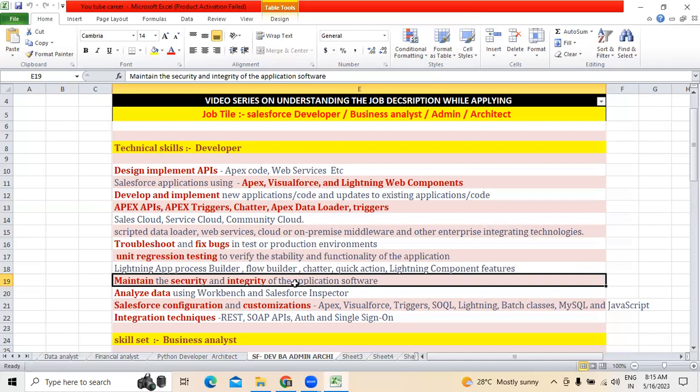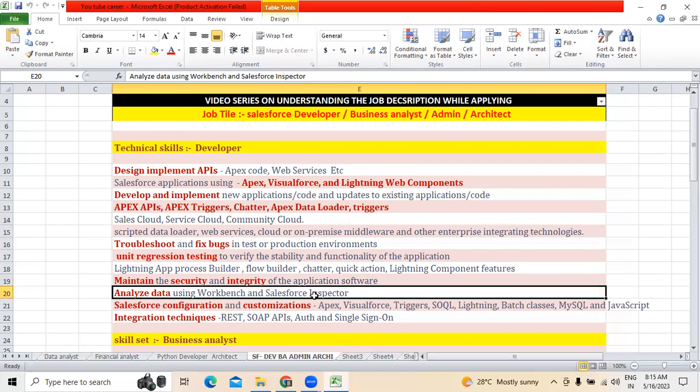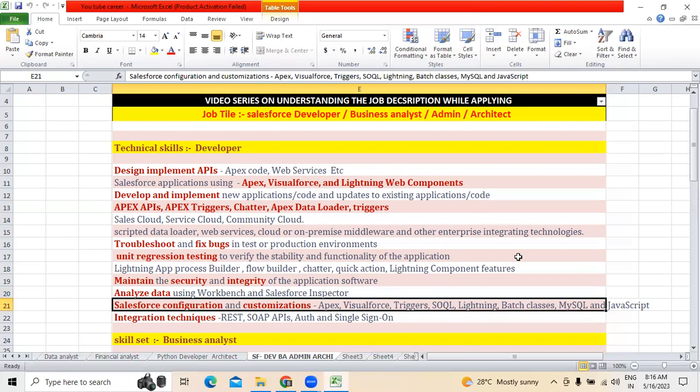Followed by this, one should have experience analyzing the data using different tools like Workbench or Salesforce Inspector, all that. Apart from that, Salesforce configuration as well as customization experience like Apex or Visualforce or batch classes, MySQL and JavaScript is needed. These integration techniques, as I mentioned in the beginning, like whenever we are implementing APIs,